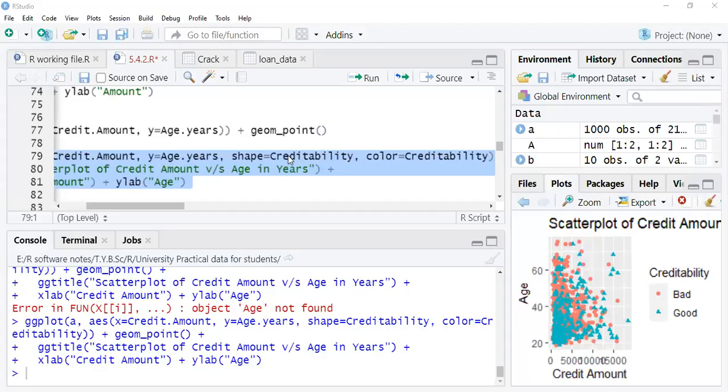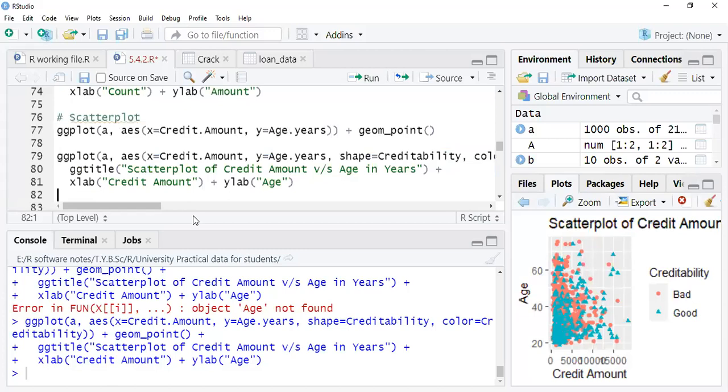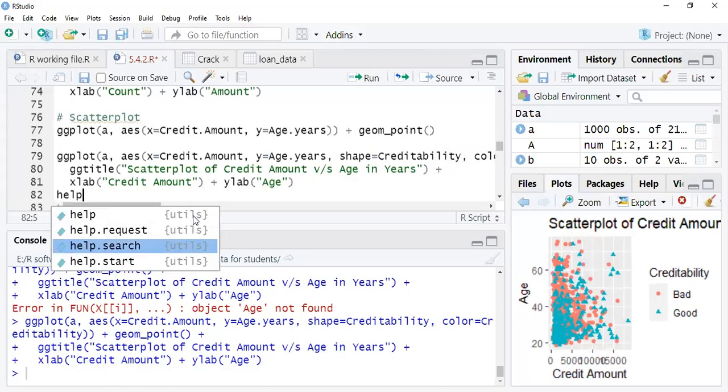Since here you have just filled this shape, right? But if you want to change it, you just take the help here.